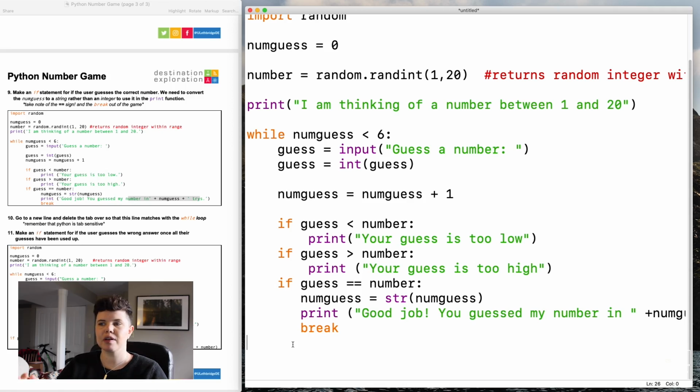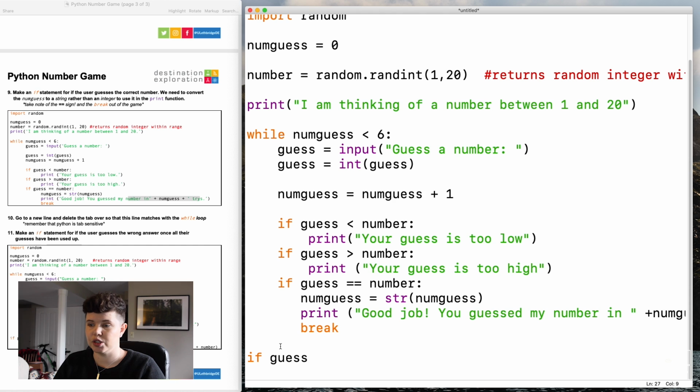Okay, so we've all got that one person that isn't great at guessing, and they may take too many tries to figure out what our number is, especially if we've given a really big range. Okay, so if their number of guesses is greater than 6, something's got to happen. So right now, if the number of guesses is less than 6, it goes through all of this. Okay, and if it gets to the point where their number of guesses is greater, we have to check something. So that means if their guess after 6 does not equal our number, we have to tell them that they've